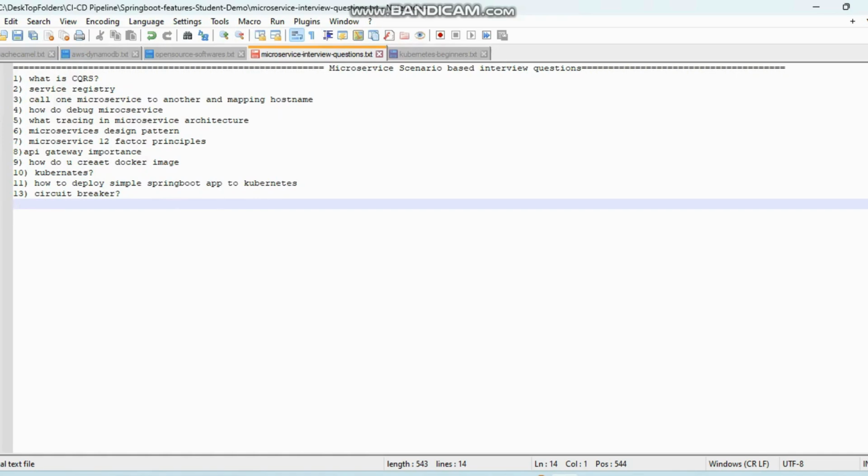If you want to retrieve the data, we cannot directly fire the query from microservice A to B or B to A, because both are different, independent applications and different microservices. If I want to use a REST API, that is also not possible, because it is a synchronous call, but we need to make the call in an asynchronous way.